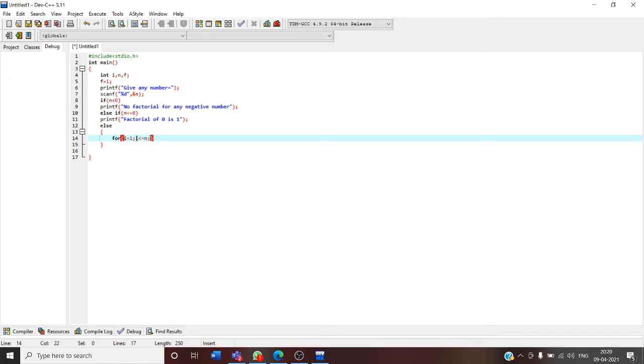You know that format already. Then i plus plus, the increment operator.